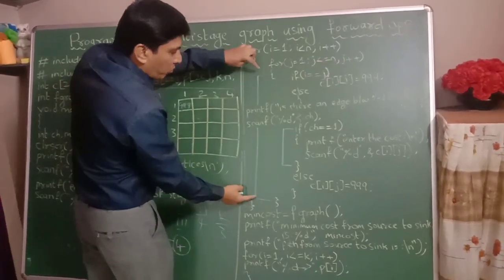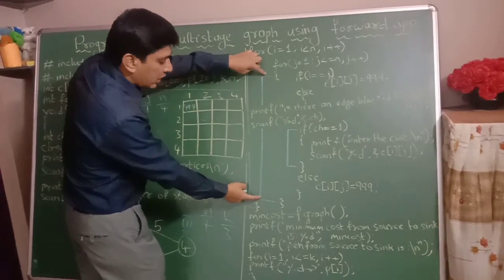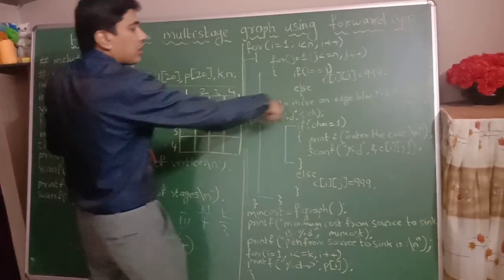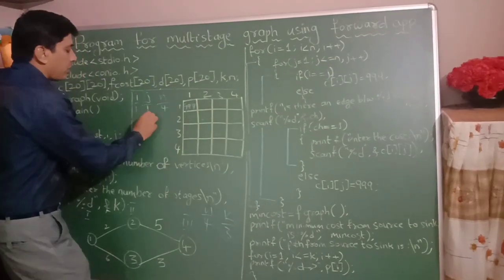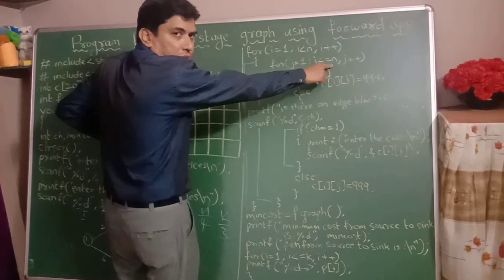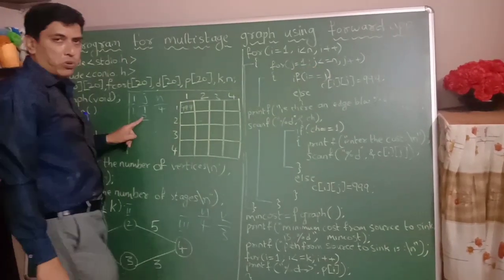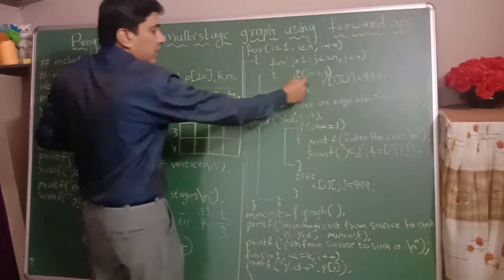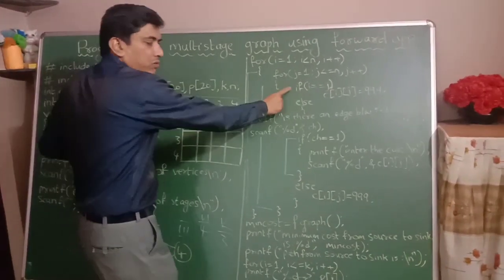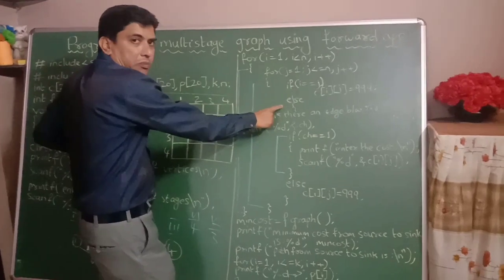It directly increments the value of j by 1. There is an inner loop, there is one outer loop, and there are if statements. Increment the value of j by 1. Now j becomes 2. Is 2 less than or equal to 4? Yes, the condition becomes true. Is i equal to j, is 1 equal to 2? Now the condition becomes false. It will go for the else part.